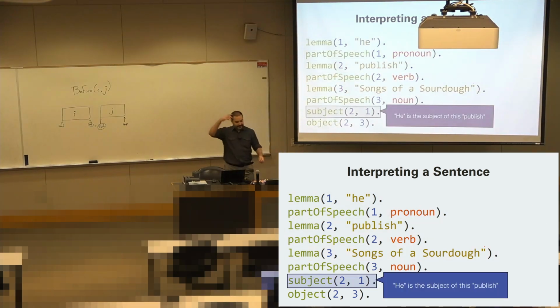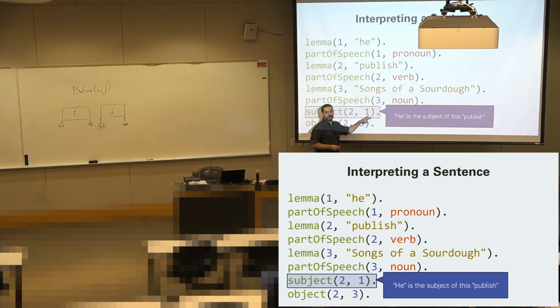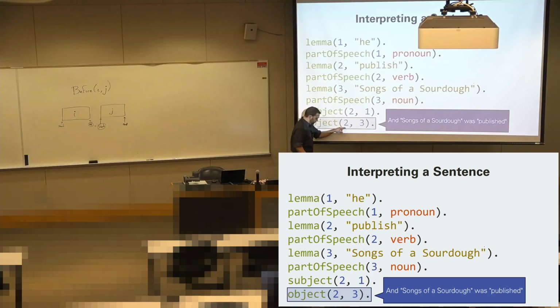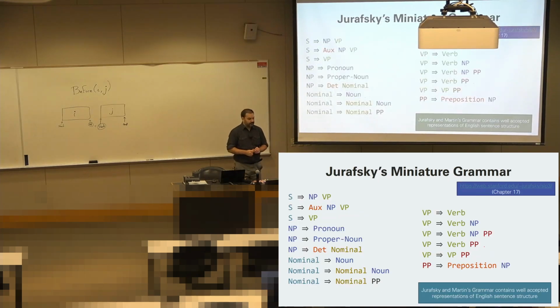Where was I? So again, that "he" that we established was a one. Again, this is where I'm just pulling from that paper that I showed you. So the publisher, the subject of the publishing term, is one, is the way you could probably read that. And the object of the publish verb is Songs of the Sourdough. Notice, those are two separate things, but they had a commonality. The one, right? The two. So a thing, one, now has an attachment to a three through some verb two,